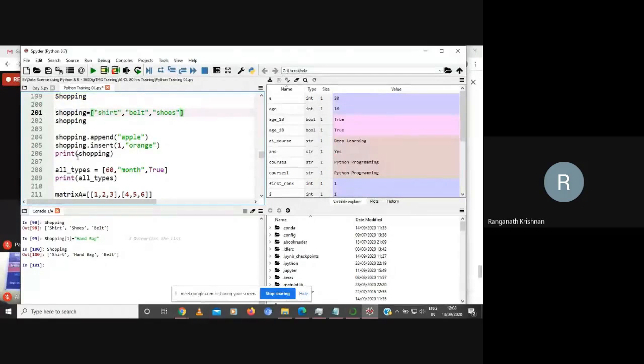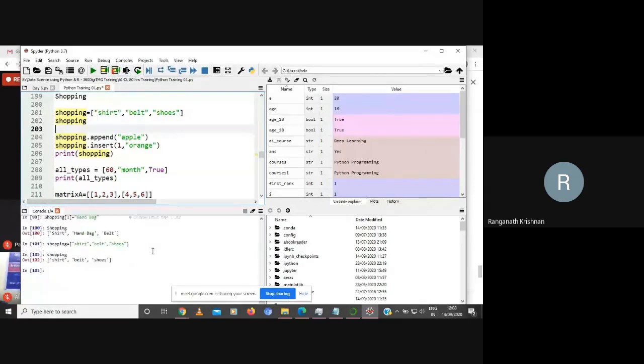Okay. So now, one more thing I want to show you. Please be very careful. I am declaring shopping again. Oh my God. I'm printing shopping. It is giving shirt, shoes, belt. I didn't do anything. What is the difference? Why did it not print handbag, but it printed the original items? Responses? Can you find? It's like that in the paper: find the 6 differences. What is the difference? Easy answer.